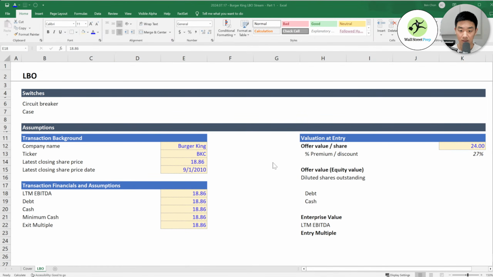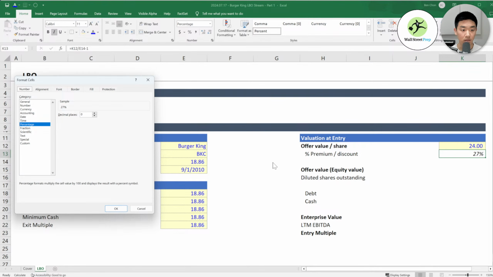So I'm actually going to steal from one of my other models. Okay, let's use this formatting. All right, let's check this too.